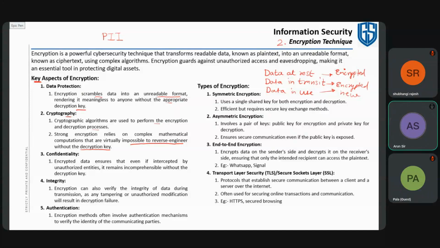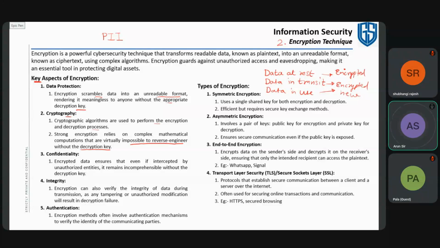Nowadays, because of quantum computing, some issues are there in the research area, but still it is not available at the corporate or commercial level. Another aspect of encryption is confidentiality. Whenever we are doing this training session online, all this data is actually encrypted while going onto the internet. Nobody is able to understand what is going on here, only the particular